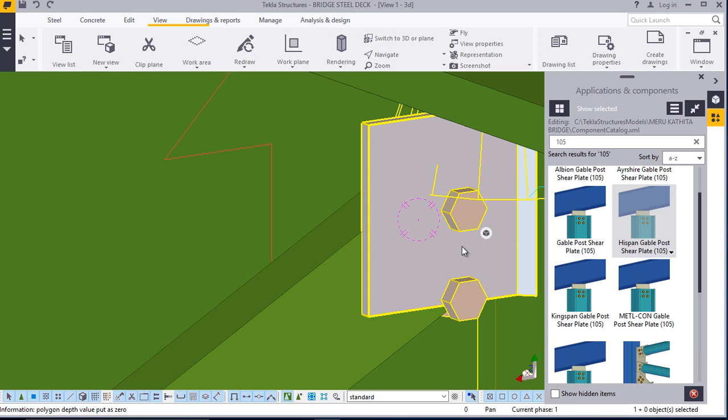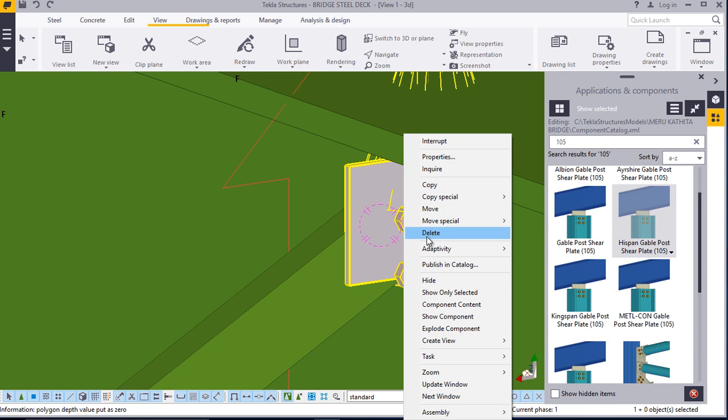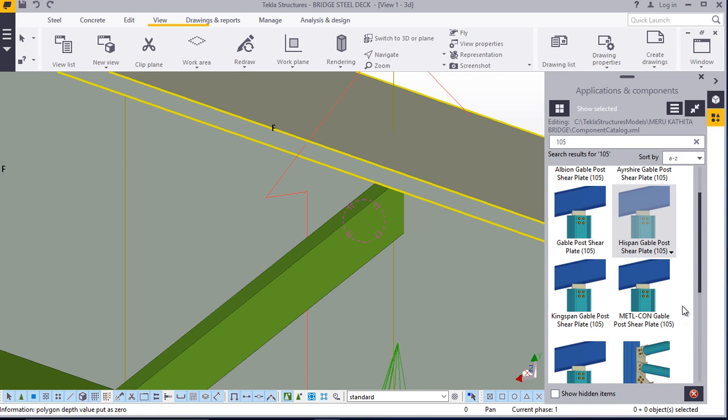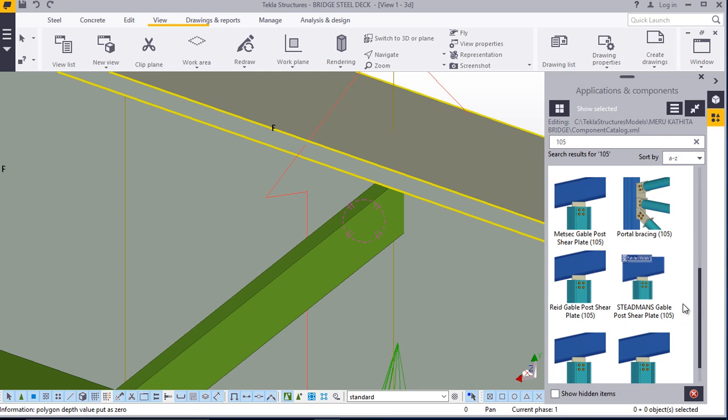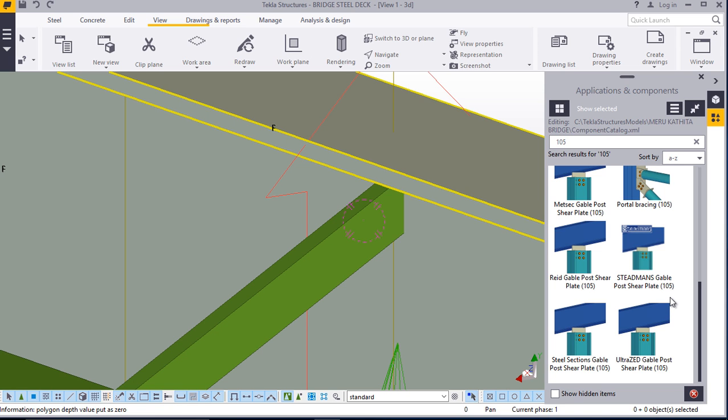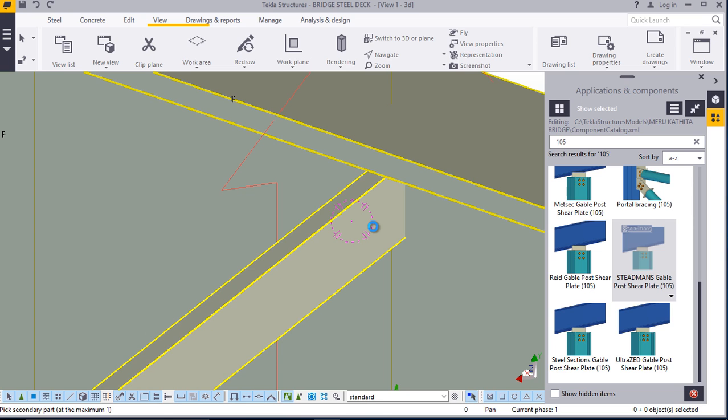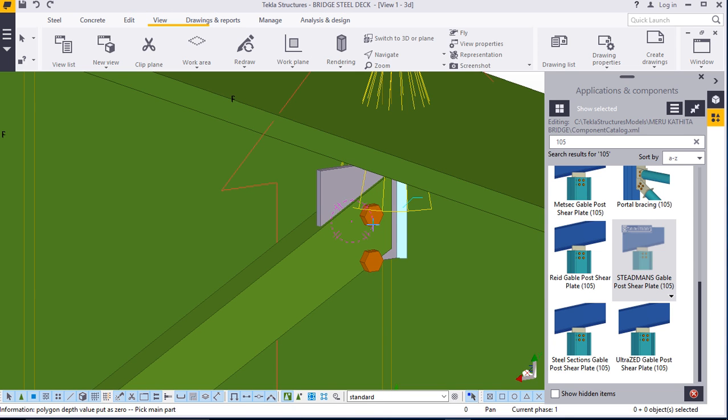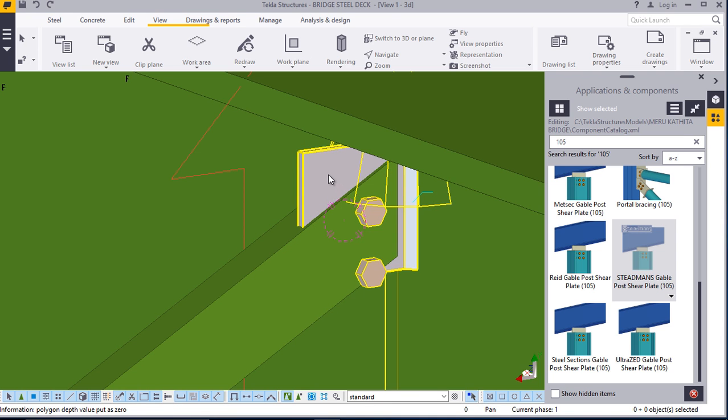That joint is not correct one for us. Click that, delete, scroll down, try this, so click,